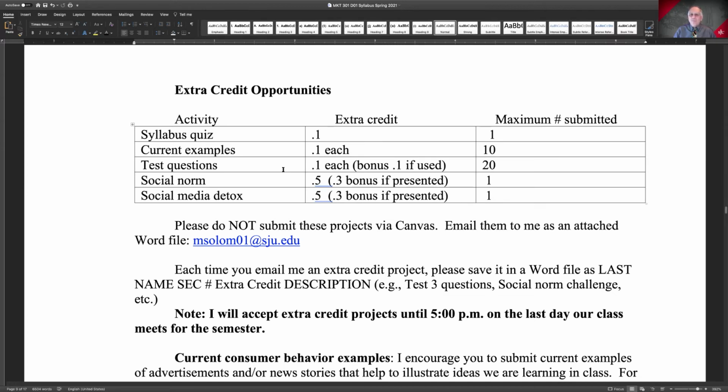These other two are a bit more involved. You can read about them. These are challenges that really are kind of like field projects, and you can read about those. You'll have all semester to do those. You also have the option of presenting your work in class. If you give me advance notice that you'd like to present, I'll give you a minute or two to present to everybody what you found. And in that case, I'll add 3/10 of a point to the 5/10 of a point I'm giving you for that challenge, just for doing that. And again, I think you'll find these very interesting. So for example, social media detox is something that we can all use from time to time.